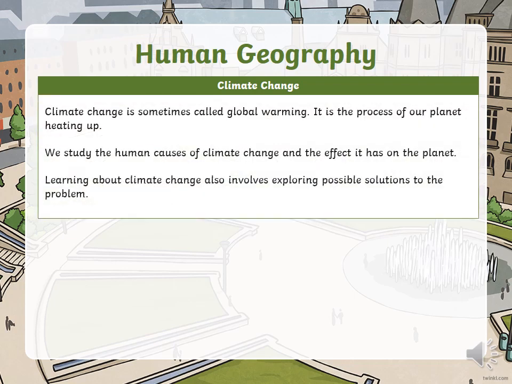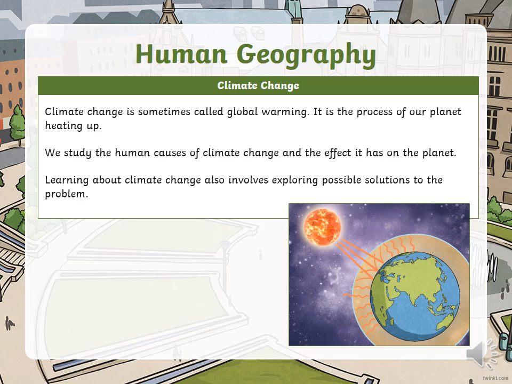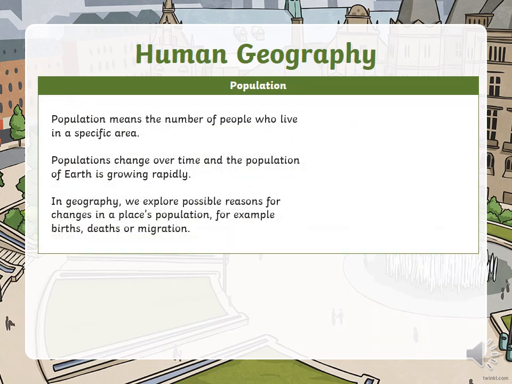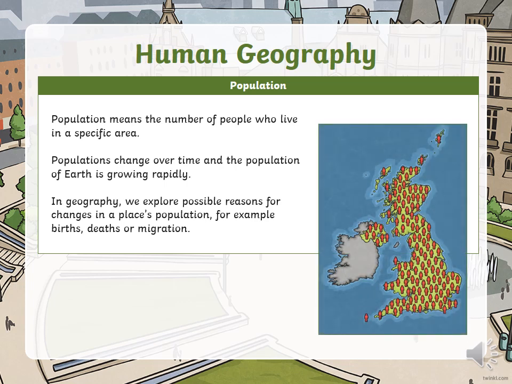And lastly, you might think about climate change and its effect on the planet and how that is a result of human geography. And population, as we know, is obviously how many people live in a certain area, and you can have something called population density, which is how many people live in a certain place. So the UK is quite a population dense country because we've got lots of people that live on quite a